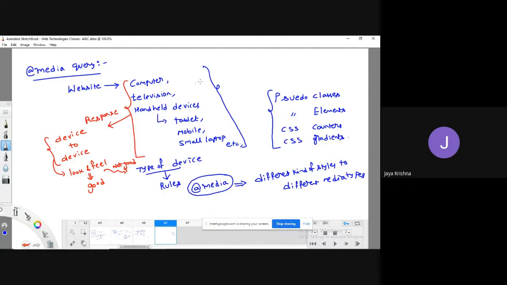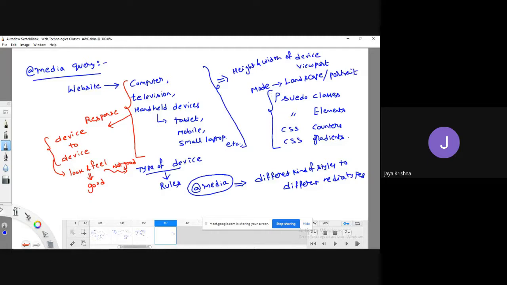If you observe, in all these kinds of devices, the height and width vary or not. The height and width of the device may vary, or the height and width of the viewport may vary, or sometimes the mode of the device, which we call landscape mode, or it can be portrait mode also.